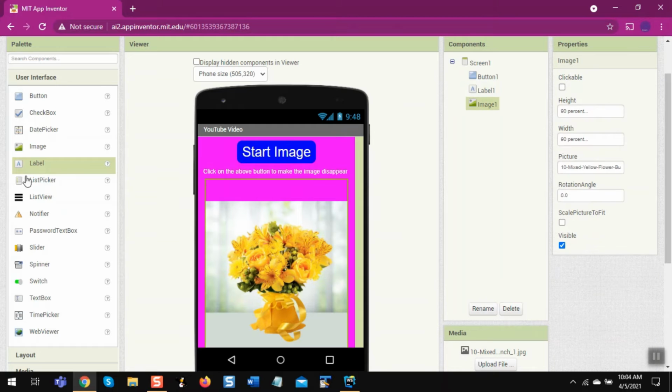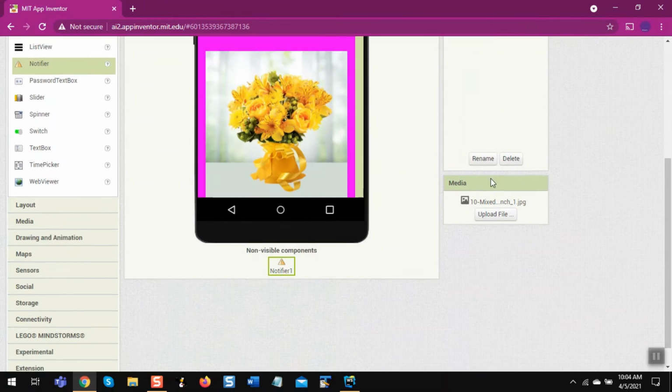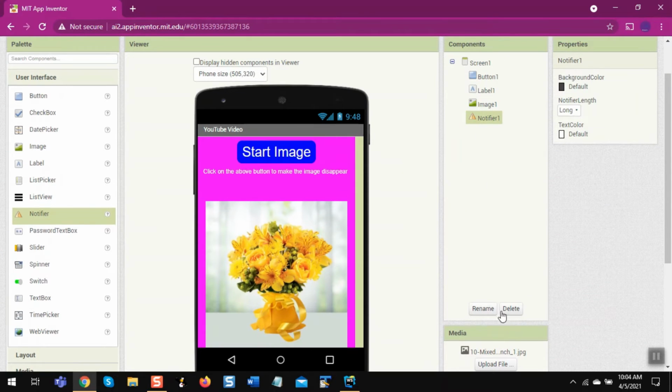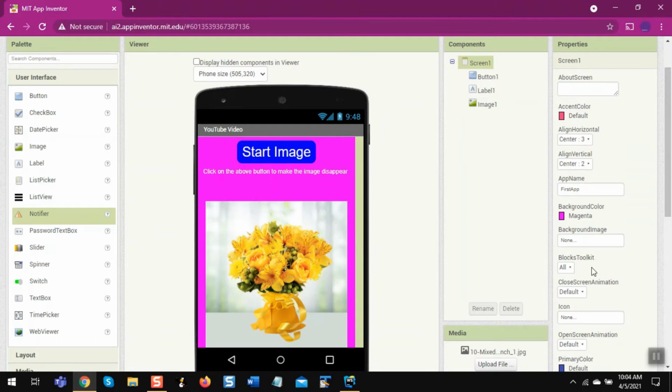See, now the next thing we are going to do is the slider. I put the slider in one of my other videos, so after you have learned all this, you can make that app notifier. I'm going to show you a demo, we are not actually going to use it, but a pop-up screen is going to come on your screen, and then you can click on OK. Now I'm going to delete this.